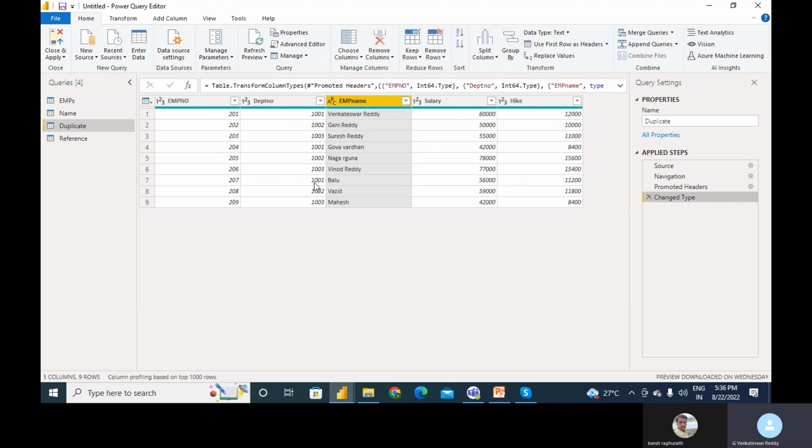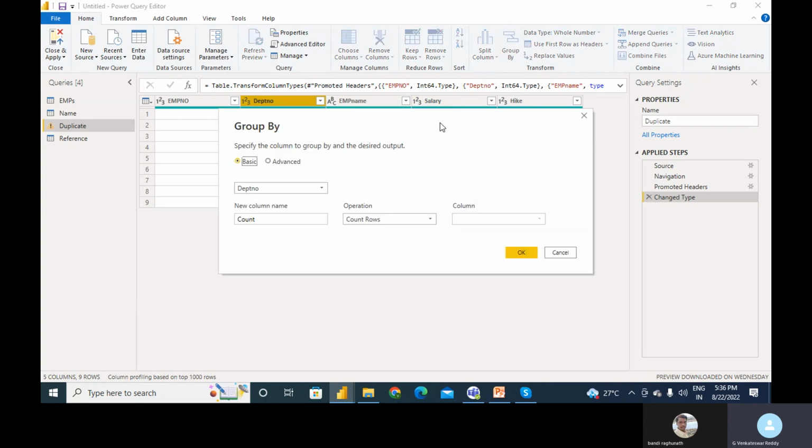Now we will go with group by. Like the user doesn't want to show the entire rows. The user simply wants to show the sum of the salary against department number. That time we can go with the group by option. Like I'm selecting the department number and group by. Okay,